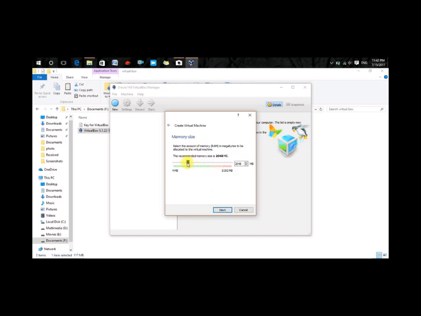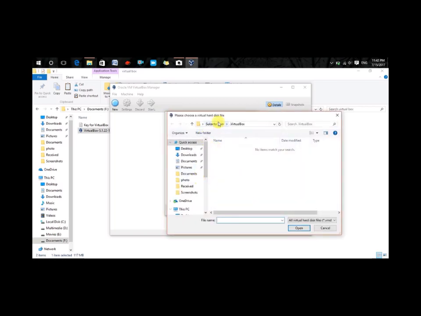Let's allocate memory. I recommend allocating more than 3 GB of memory. Let's select use an existing virtual hard disk and select the VMDK file.